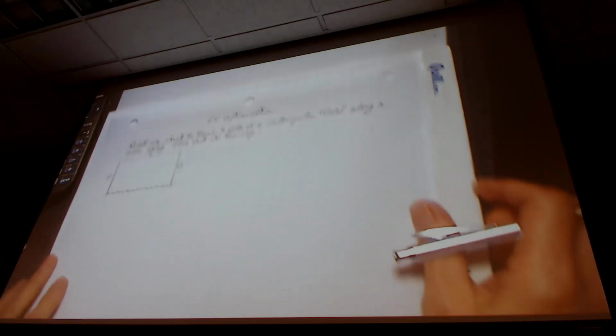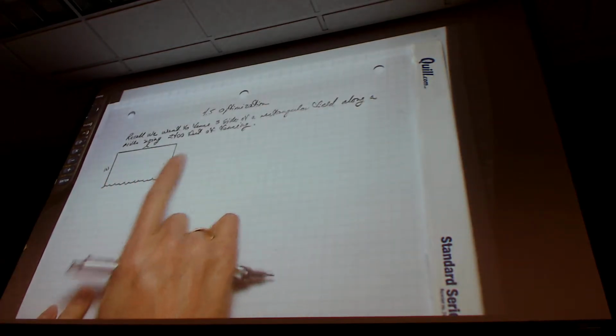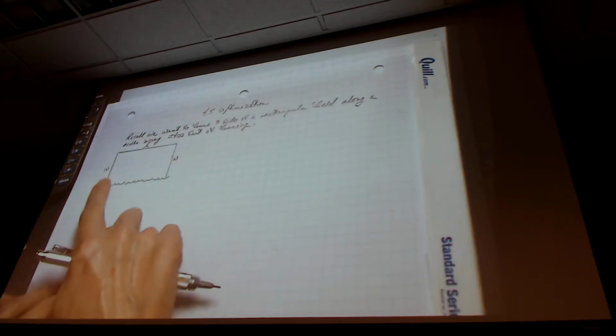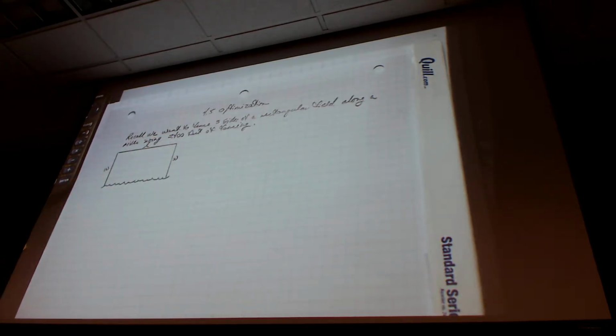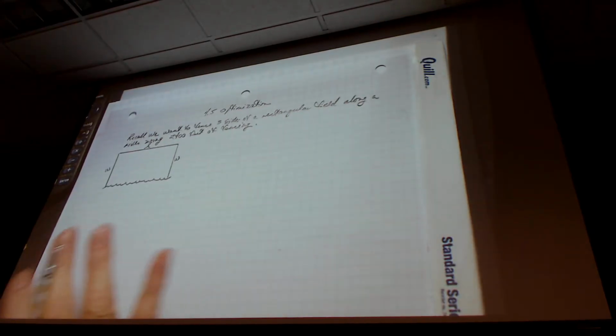Now, here's the problem again. Now I'm going to let these be unknown. We've got widths, and I've just randomly called these widths. They could have been lengths, and that could have been width. However you want to think about it, it really doesn't matter until we get the answer, and then it'll matter where we put the numbers. But that could work out either way. All right,